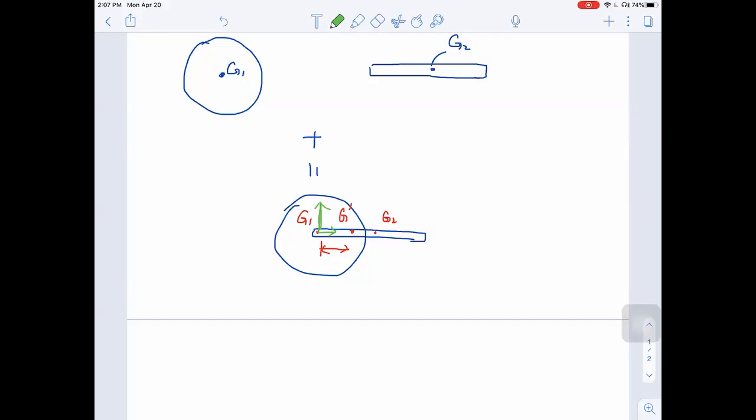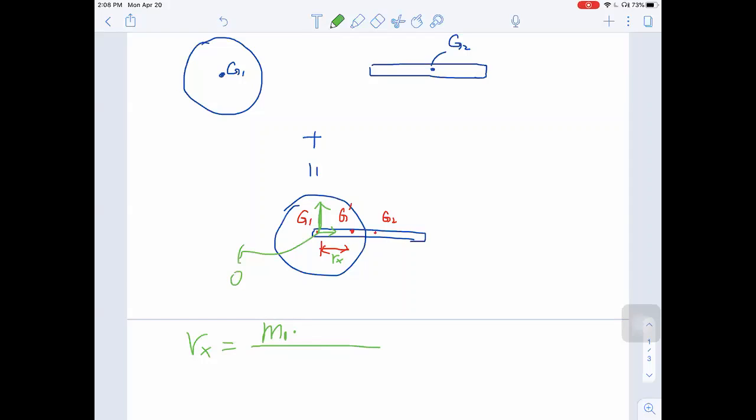Let's call this Rx. In order to find that, we'll use Rx equals the first mass times the distance from the origin, let's call this point O, this is the new